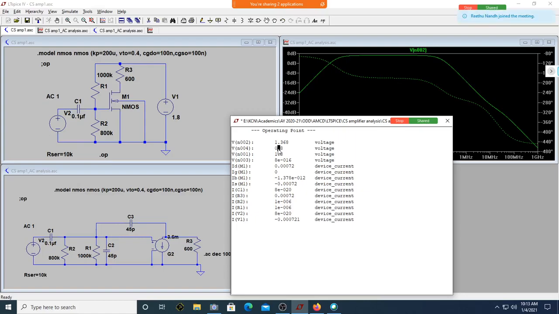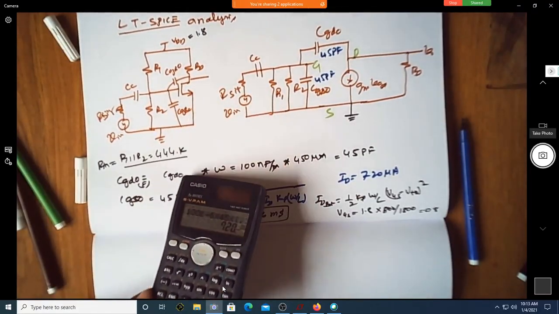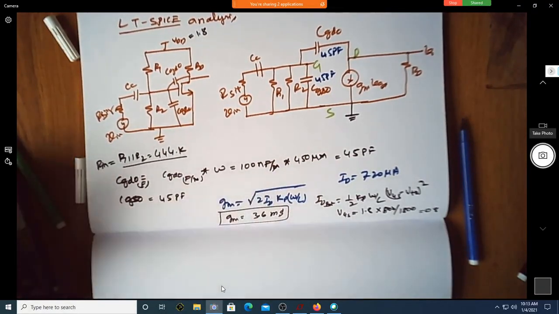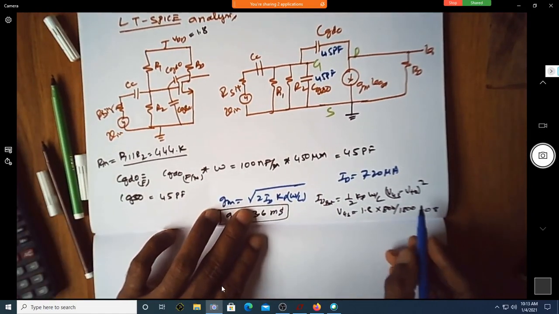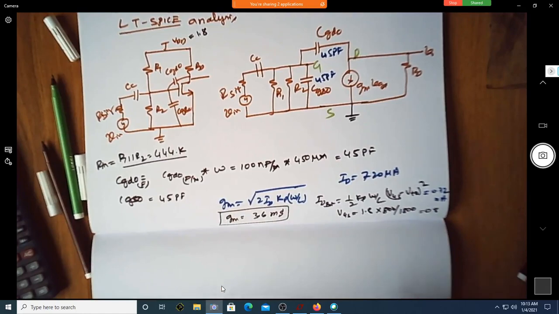So it is now 100 exponential minus 6 into 45 into (0.8 minus 0.4) squared. Yeah, this is perfect. You can see that it's 720. I want all of you to calculate. Okay, I have the value of ID sat as 0.72 milliamperes,